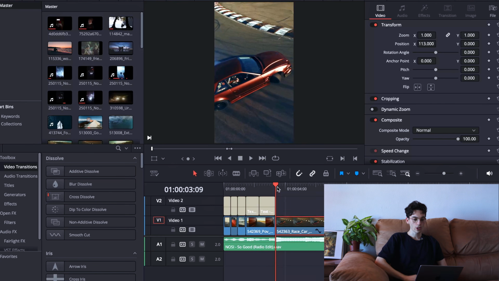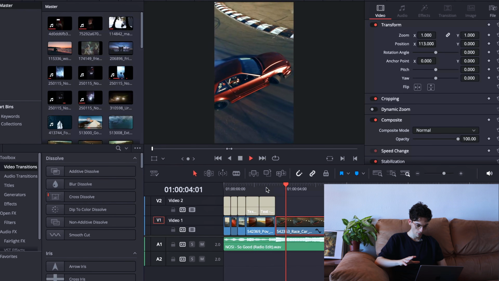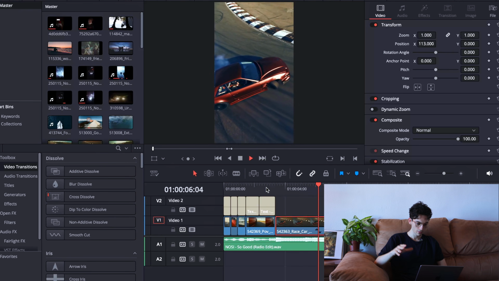Then from second 3 to second 7, what we did was grab a slow motion video, just because in this section of the video, the bass, a really powerful and warm bass, hits you right in your face, and it matches a lot with the slow motion of the car. This really builds interest and keeps the momentum going and keeps the viewer locked in.